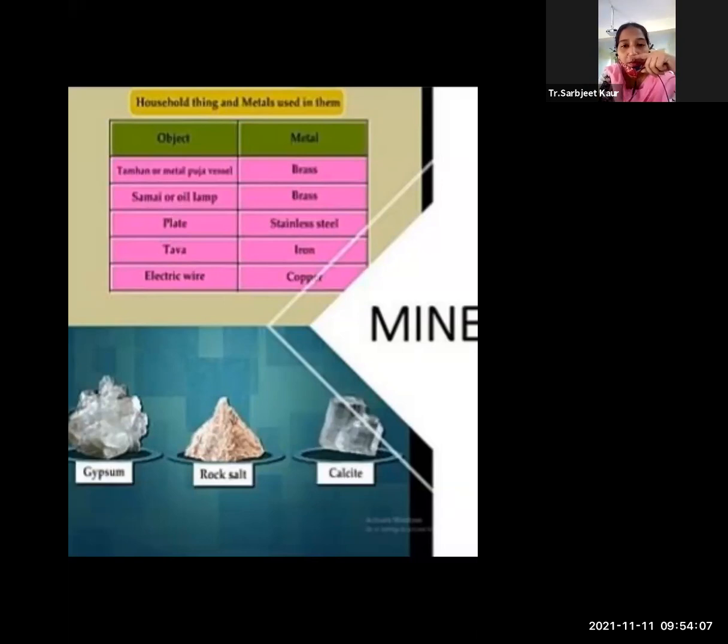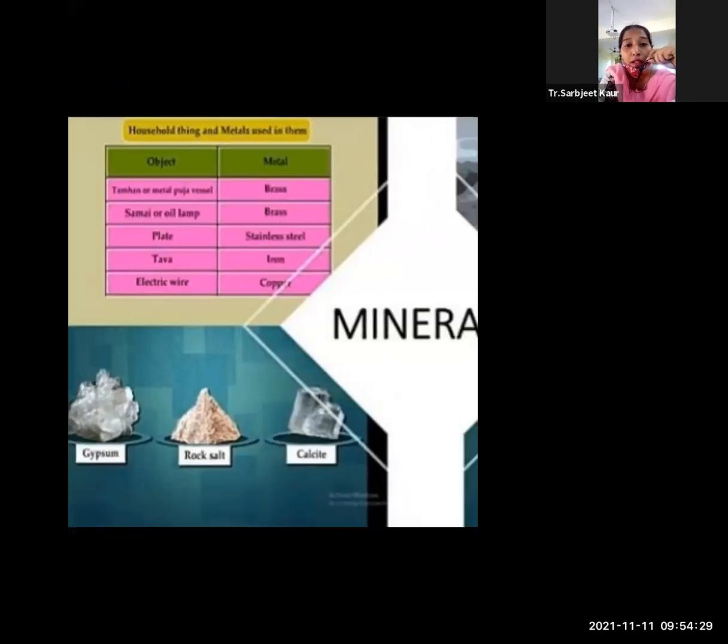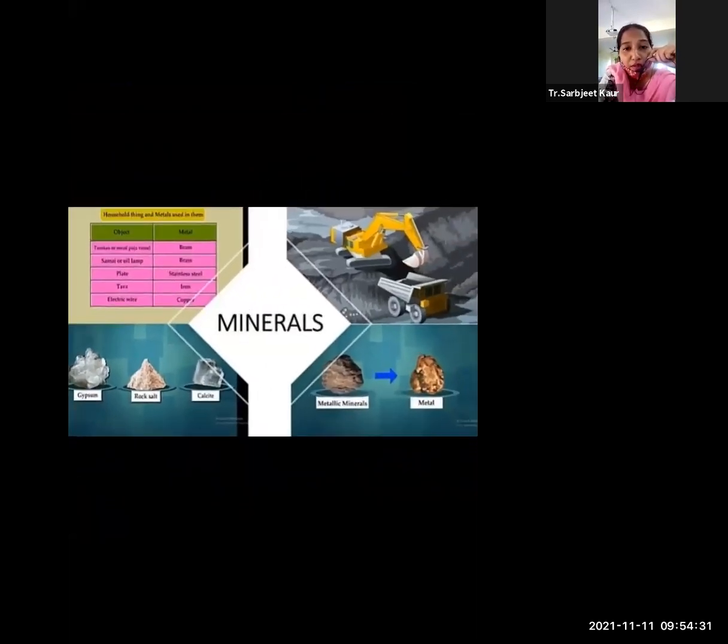Nowadays it is made up of, sorry. Nowadays what happened, now non-stick has come. Before, what was there? It was iron. Okay, then electric wire, it is made up of which metal? Copper metal. We are using this object in our day to day life. Thus this metal is very important in our life. Okay, see in the crane how the crane is used for digging and taking the minerals from the rocks or from the mountains, for us.